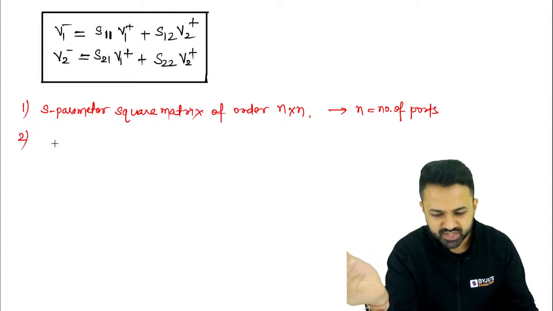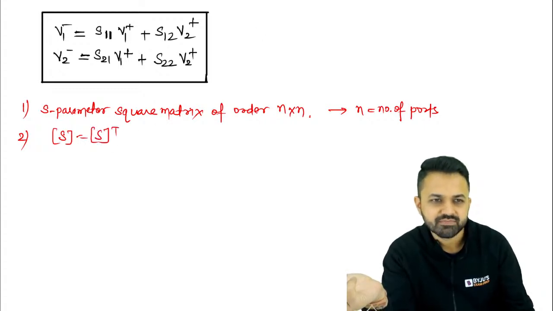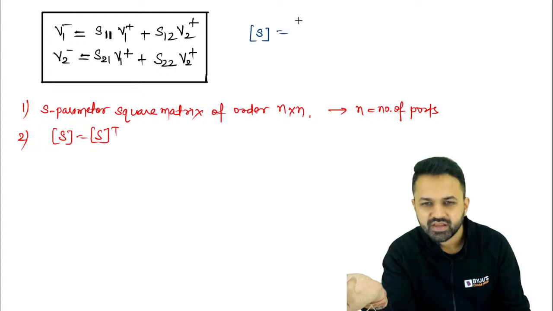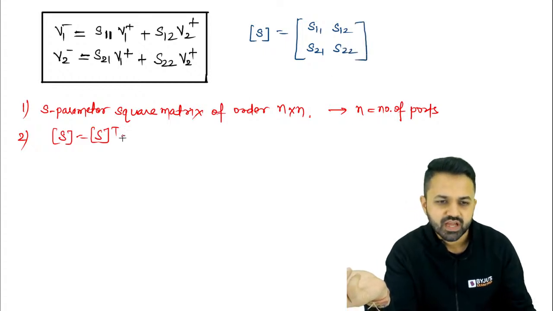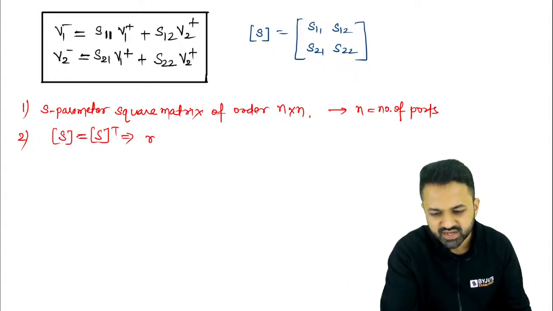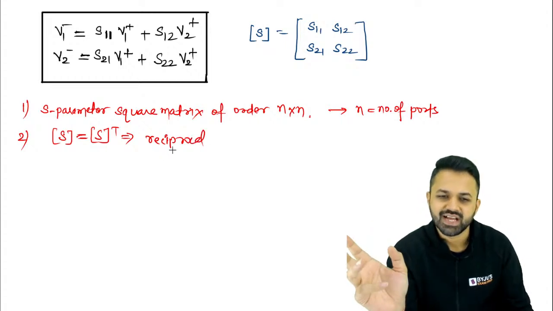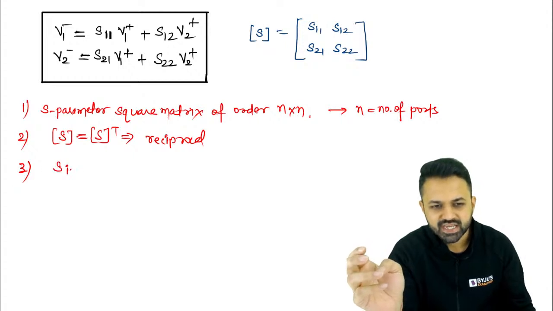ठीक है, सेकेंड प्रॉपर्टी आपके पास आ जाता है एस और एस ट्रांसपोज, मतलब एस मैट्रिक्स और एस ट्रांसपोज। एस मैट्रिक्स आपका यहाँ पे S11 S12 S21 S22 बन जाएगा। अब एस मैट्रिक्स अगर एस ट्रांसपोज के इक्वल है तो उसको हम लोग कौन सा नेटवर्क बोलेंगे, रेसिप्रोकल। अगर किसी नेटवर्क का एस पैरामीटर और उसका एस ट्रांसपोज सेम हो तो रेसिप्रोकल। एस आई जे इज इक्वल टू एस जे आई है तो सिमेट्रिकल।